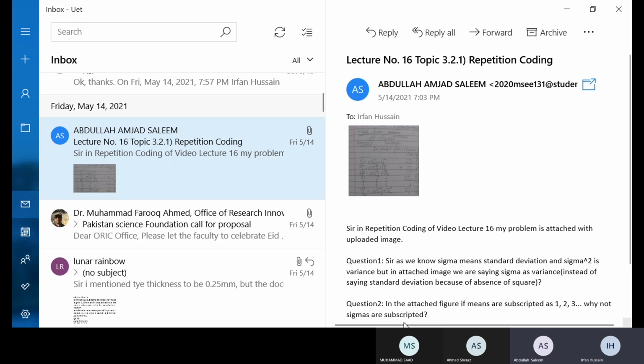In the test figure, if means are subscripted as 1, 2, 3, why not sigmas are subscripted? Acha, means are subscripted by 1, 2, 3. Oh. Acha. So I think there would be different means, but the variances will be the same. So you can see here that the means are the same. अच्छा ये आपको नजर ही नहीं आ रहा होगा। यस सर, आ रहा है ना, विजिबल है, विजिबल है आपको? अच्छा वेरी गुड।